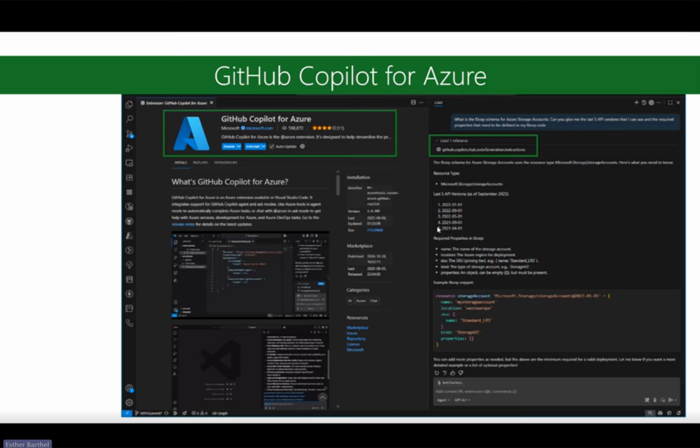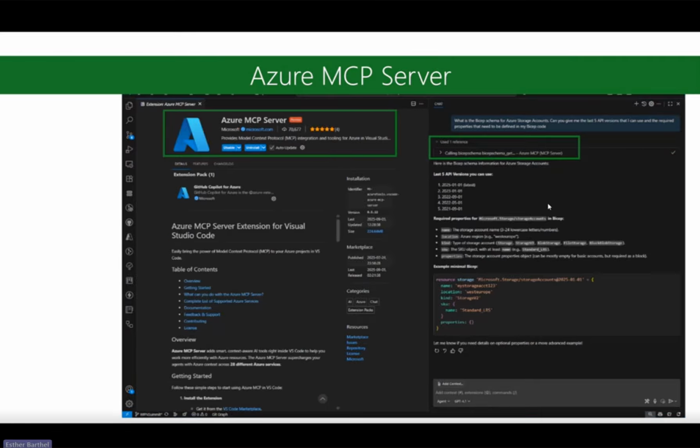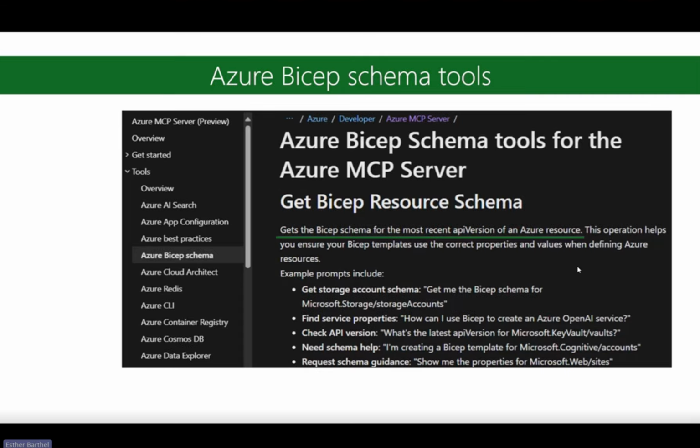I wanted to make you aware that we have a GitHub Copilot for Azure, which also includes references to Azure resources, and especially what I love from a Bicep perspective is the Azure MCP server that you can also install as an extension within VS Code, because the Azure MCP server has specific Azure Bicep schema tools included in it that give you actual direct access to all the Bicep schemas that are available.